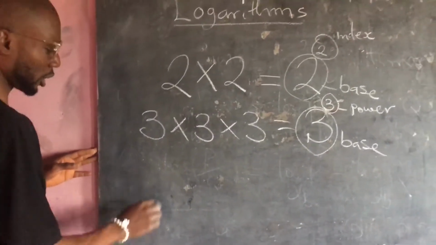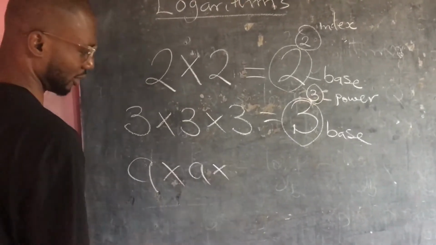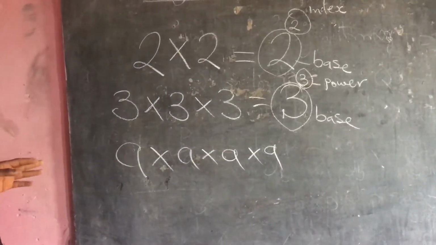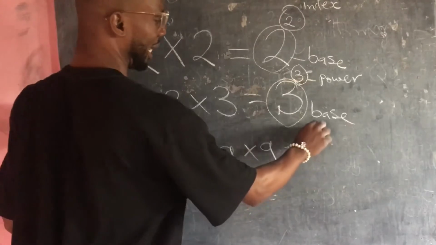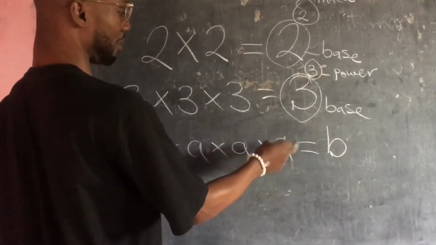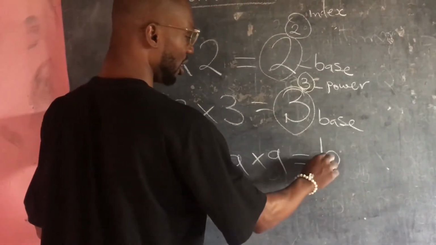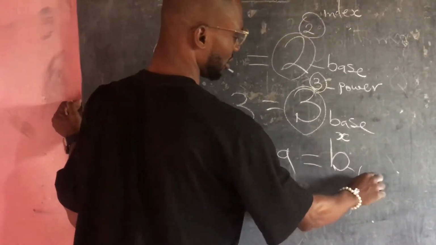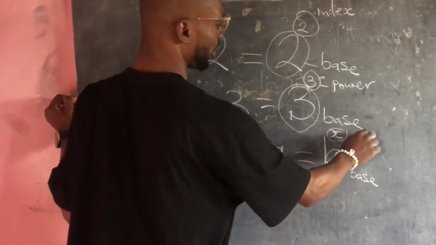So now make we try this knowledge or make we try this reason am for algebra. Abi? Make we use algebra reason am. If we do this one, make we assume say if we multiply a times a times a times a 4 times, e go give us some answer wey go be b raised to power x. So this b now go be our base, and then this x now go be our exponent. Abi?